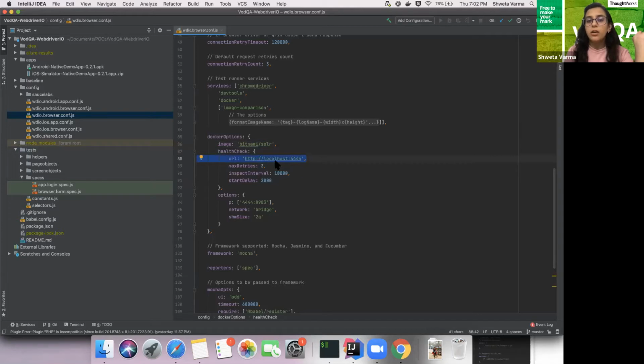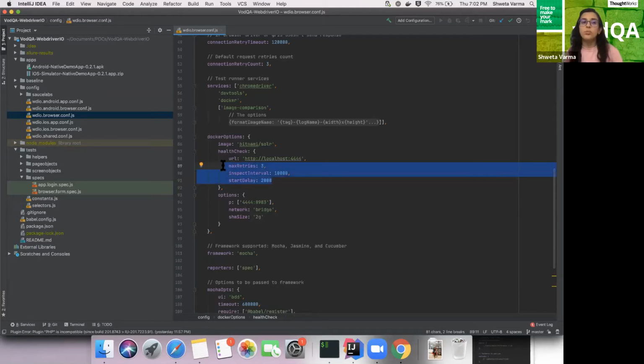I have said that in my localhost, run it on port 4444, and then there are some things we will always like to have, like the max retries, inspect interval, and start delay for our Docker before giving us any error. So we have said, okay, these are the attributes, please perform this and then give me the outcome. If you are not going to listen to me, then please follow this, and then say whatever you want to do.